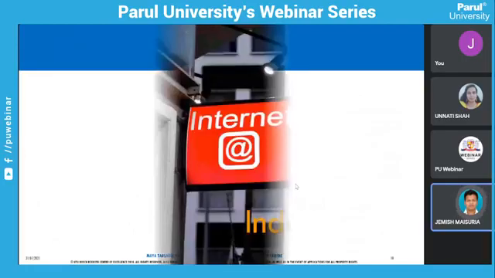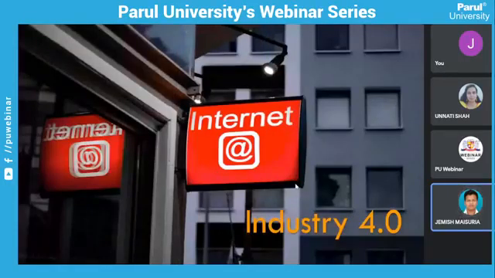And then after, the next industry revolution, which is currently going on, is your industry 4.0. So what is industry 4.0? It is an add-on to that particular automation. What we are doing now is that each and every device we have in our industry or in our home will be interconnected with each other.